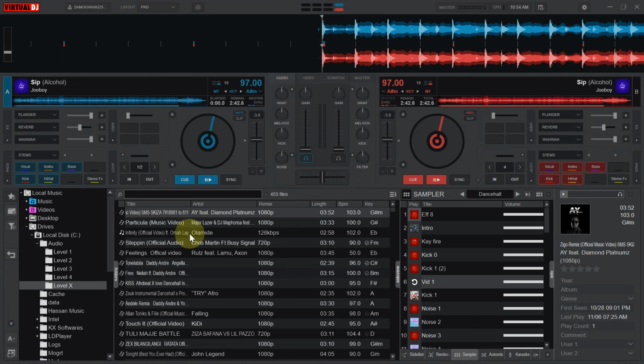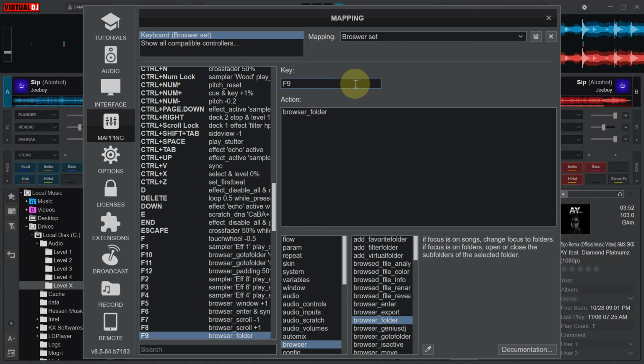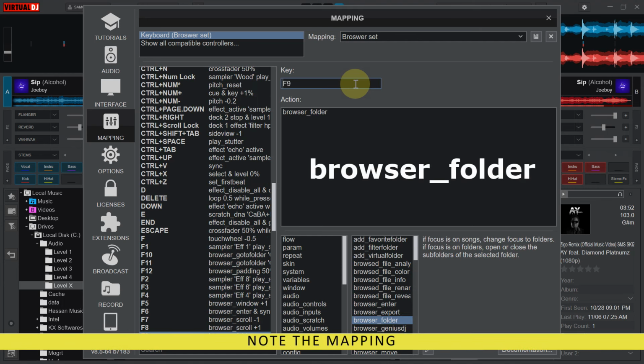The next one that I really want to show you is that you're going to go to the mappings area. The one I want to show you here is F9, which is browser folder. This is a very interesting one, and it saves you a lot of time. Browser underscore folder. So what this really does is that